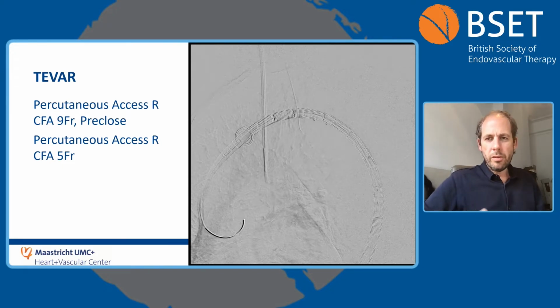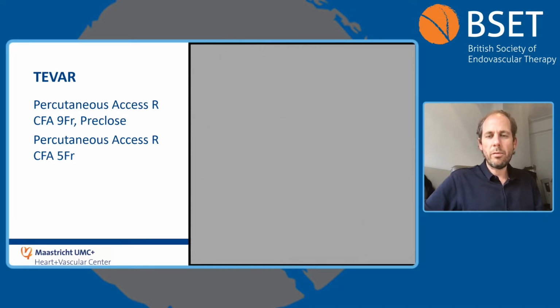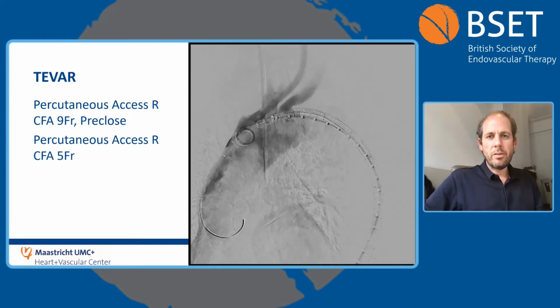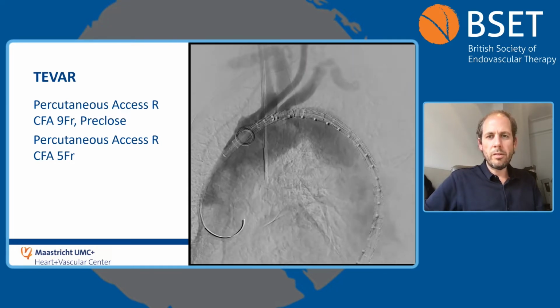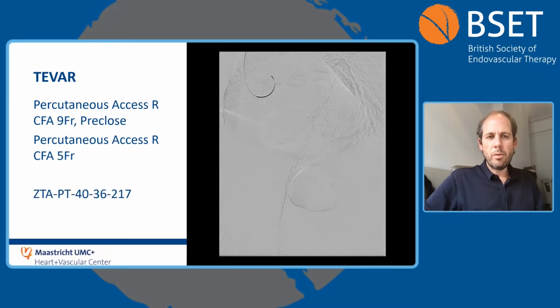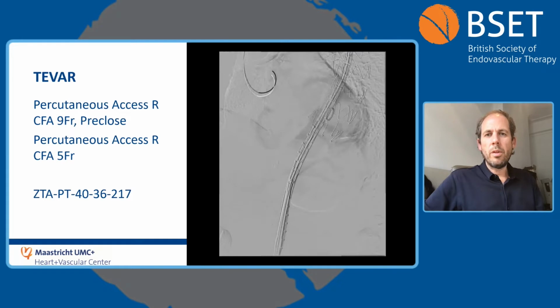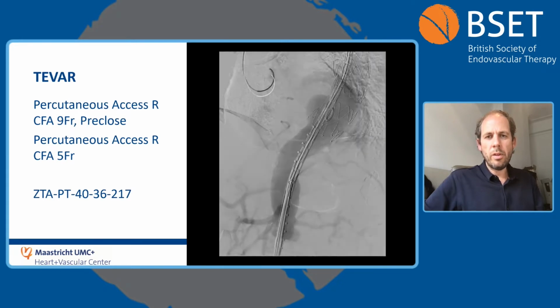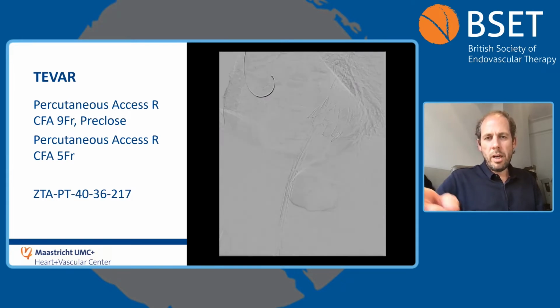So we double punctured the right groin, pre-closed one puncture and put in a 9 French sheath and then a 5 French sheath additionally to have an access for a pigtail for an angiogram. And this is, I think, relatively straightforward because there's a nice proximal neck. First device that was put in was a 40/36 tube graft, ZTA. This is the angiogram to look at the distal sealing zone, trying to go right up where